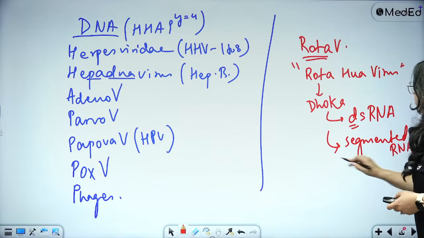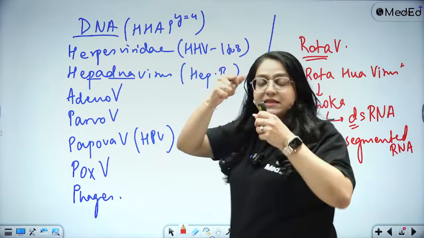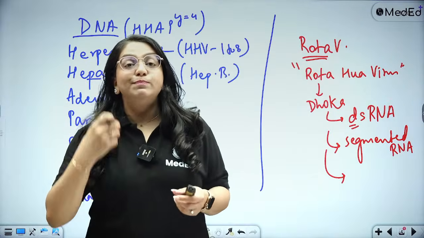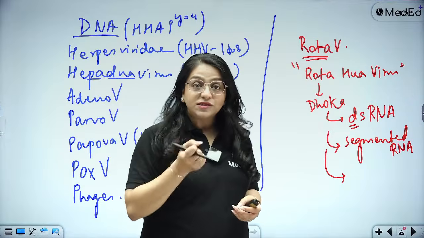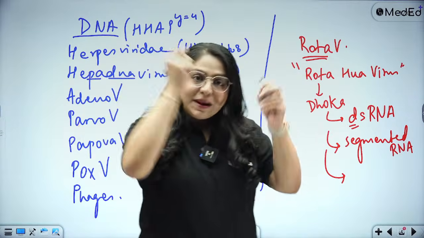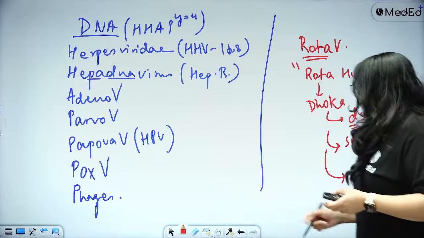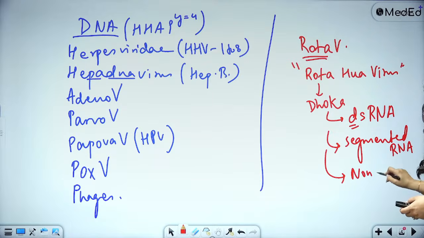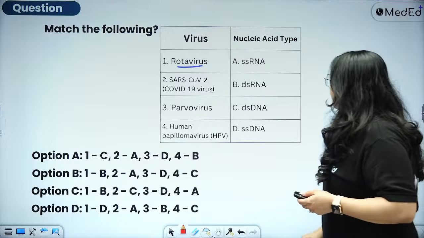And what else? No one gave him the blanket. The envelope or the blanket is borrowed by the virus from the host. Now, no host has given him the blanket, so he's alone and crying, bichara. So, it is also non-enveloped. We always understand this about rotavirus. So, if I look here, rotavirus has to be my